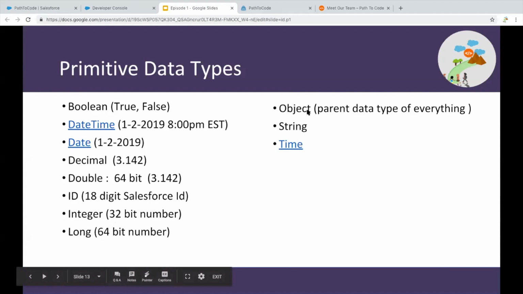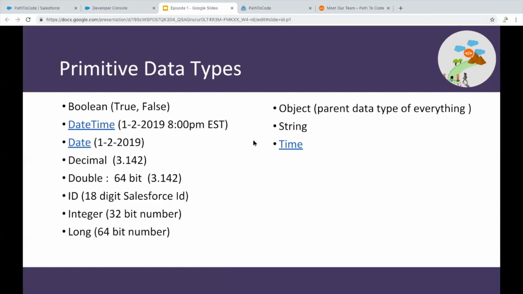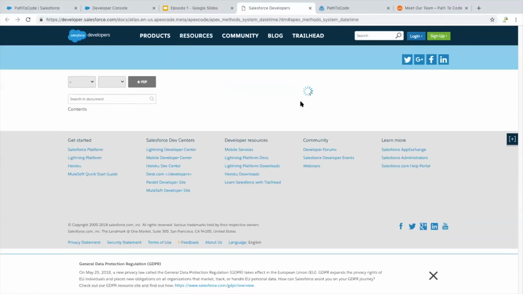Then we already discussed what an object is. It's a parent data type. A string is nothing but a sequence of characters, and time is just the time. I have provided some URLs here. Let's say if I click on the datetime, it opens the Salesforce documentation. Now Salesforce, like I said, releases three times in a year. So you will find that